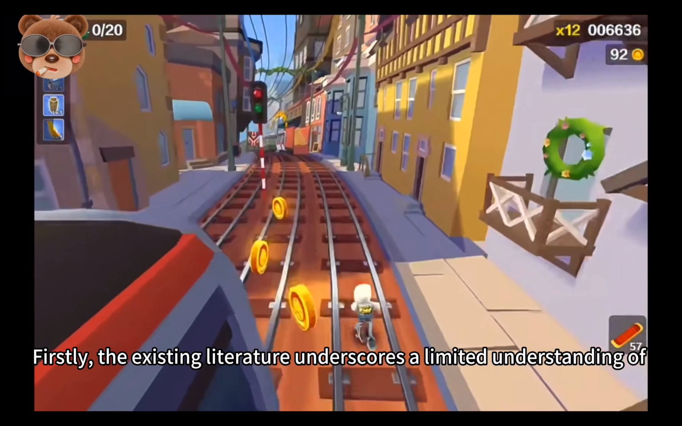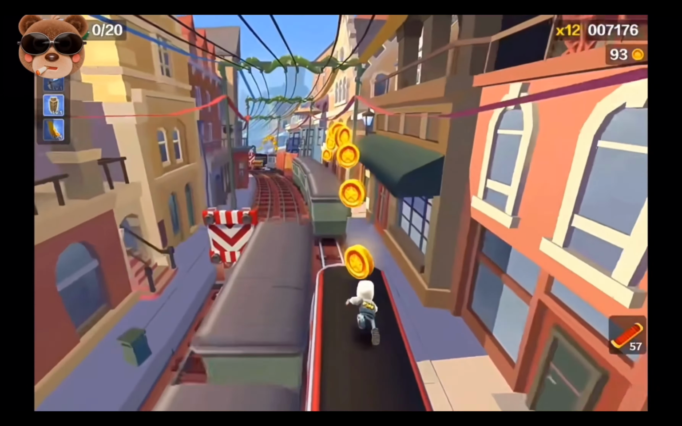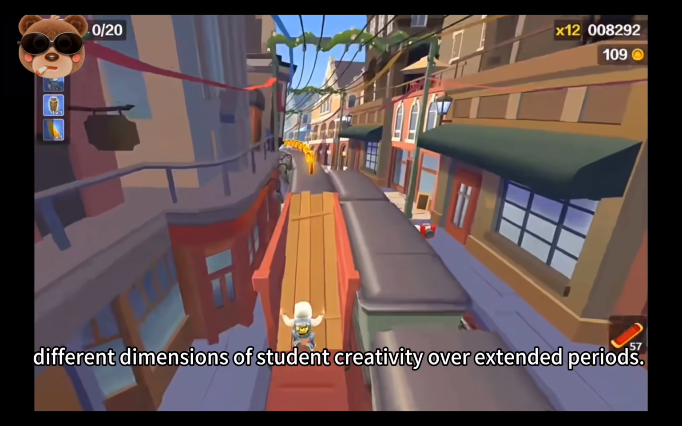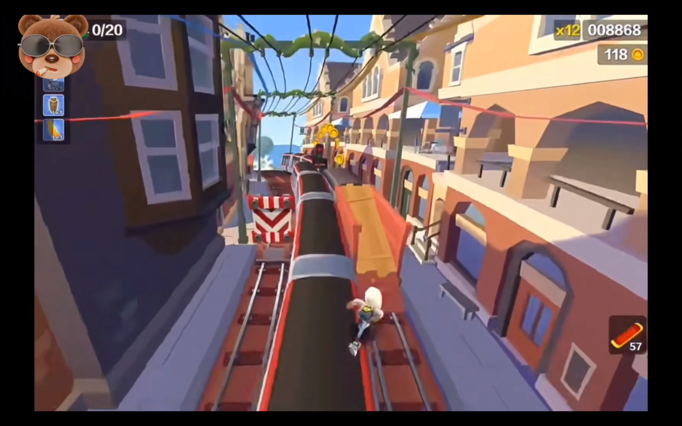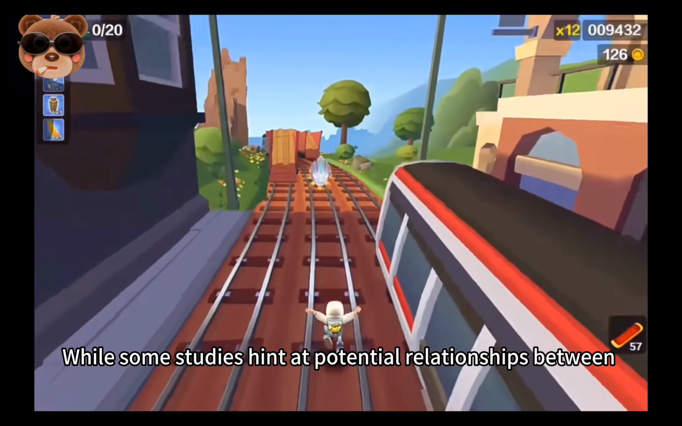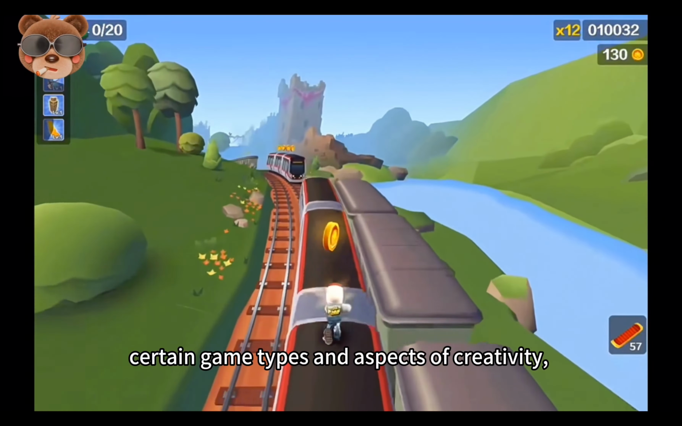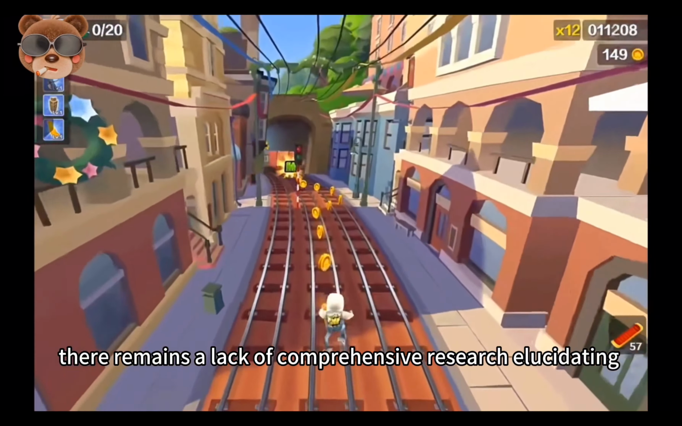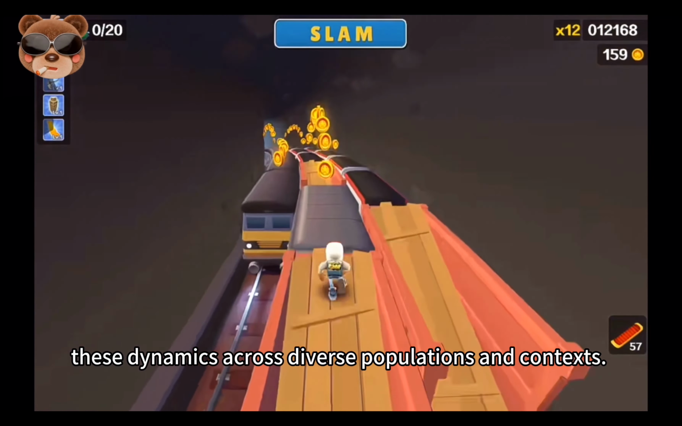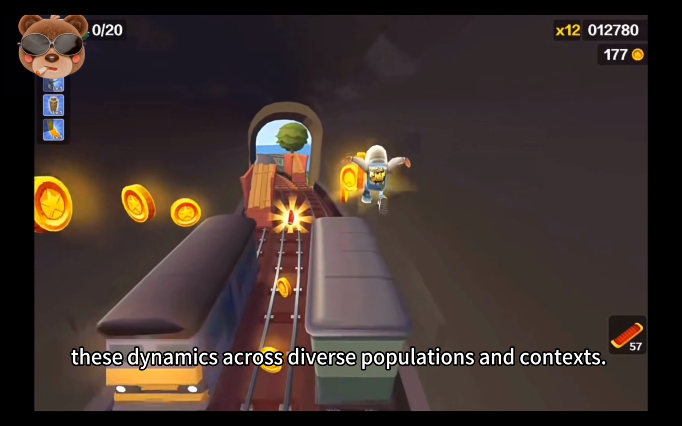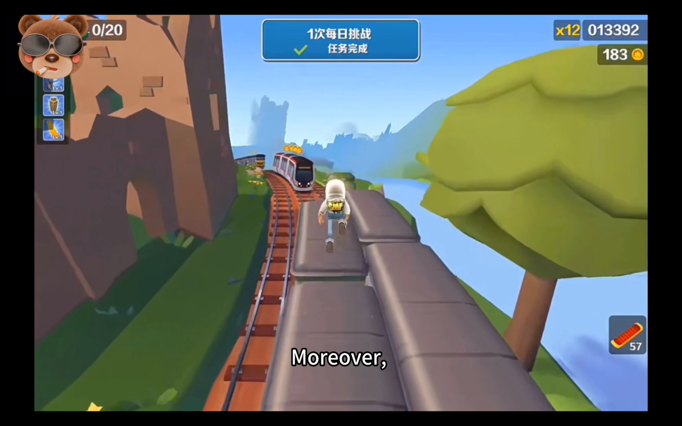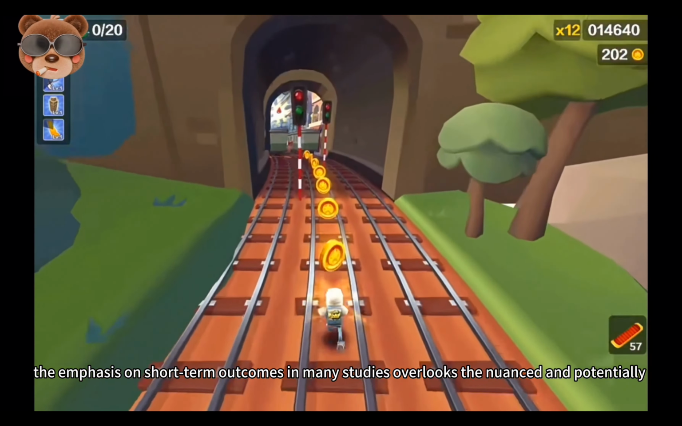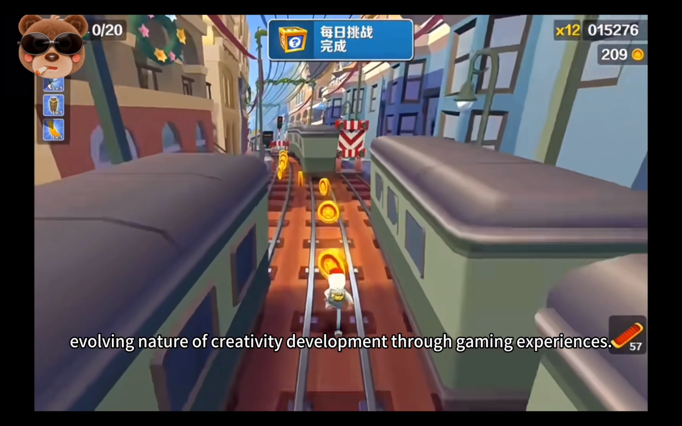Firstly, the existing literature underscores a limited understanding of how various educational computer games specifically influence different dimensions of student creativity over extended periods. While some studies hint at potential relationships between certain game types and aspects of creativity, there remains a lack of comprehensive research elucidating these dynamics across diverse populations and contexts. Moreover, the emphasis on short-term outcomes in many studies overlooks the nuanced and potentially evolving nature of creativity development through